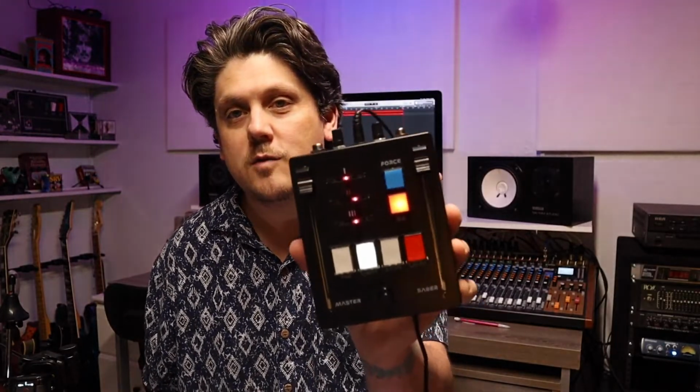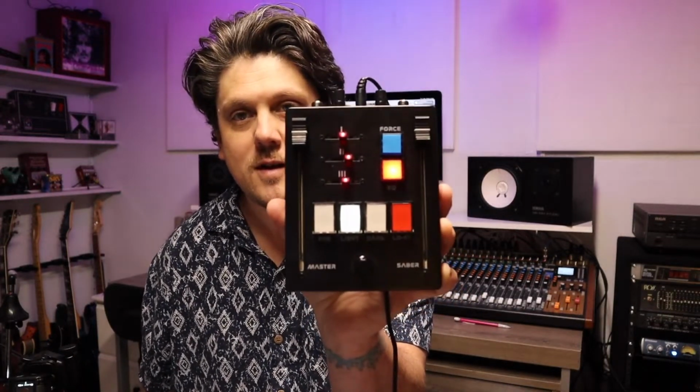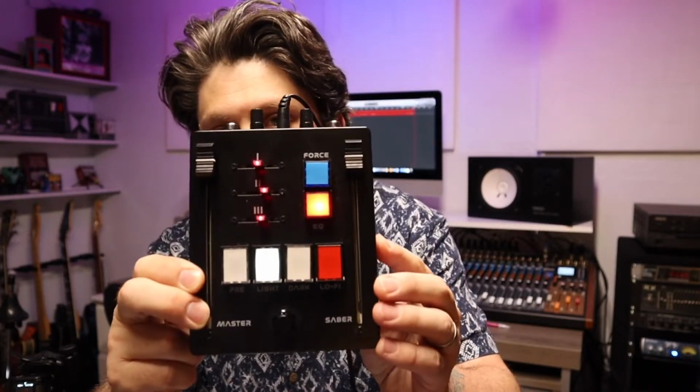Alright, so today we're going to be taking a look at our brand new Overdrive EQ Boost Fuzz preamp. This is it right here. This is the Dark Father. This is probably one of our coolest looking pedals ever. It's got lights and things you can customize everywhere. Well, I'm not quite sure where it gets its inspiration from, but...